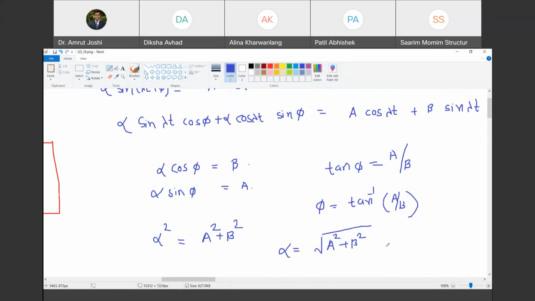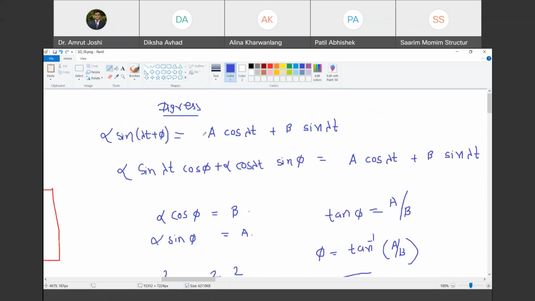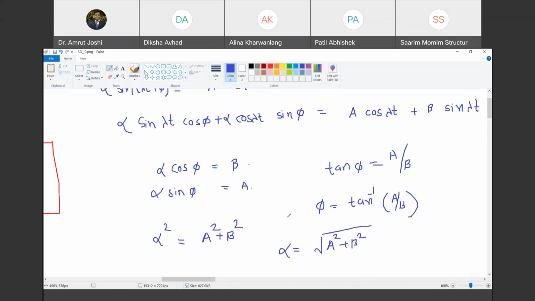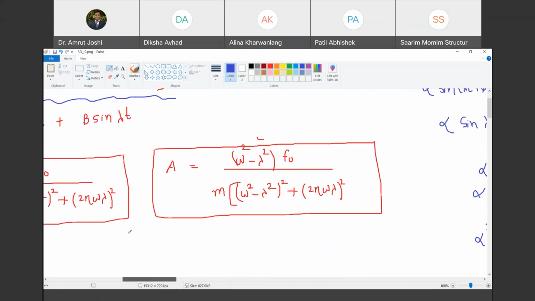So therefore I can always replace this a cos lambda t plus b sin lambda t by alpha sin lambda t plus phi, where alpha must be equal to square root of a square plus b square and phi must be equal to tan inverse of a by b. सही किया ना, कहीं गड़बड़ नहीं है कैलकुलेशन का, देखो नहीं है. Are you with me? So therefore अब जरा यहाँ पे देखो यार क्या करने वाला.